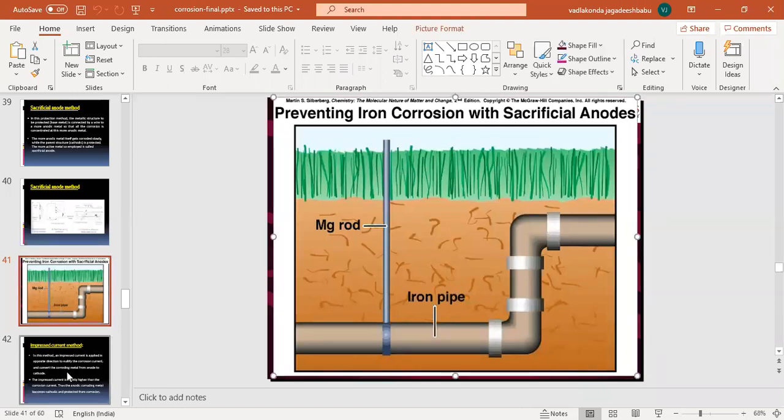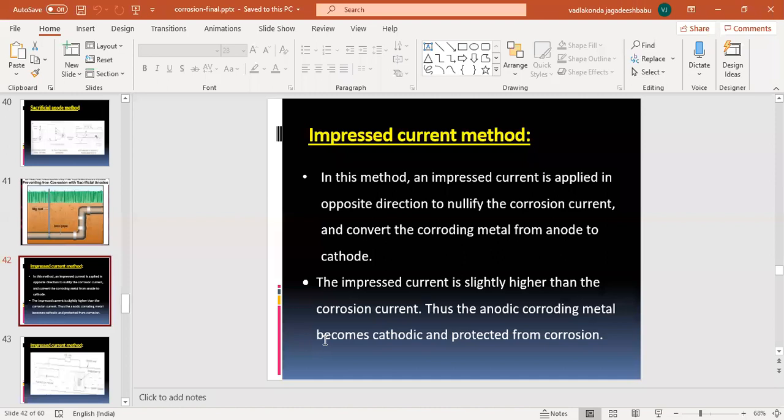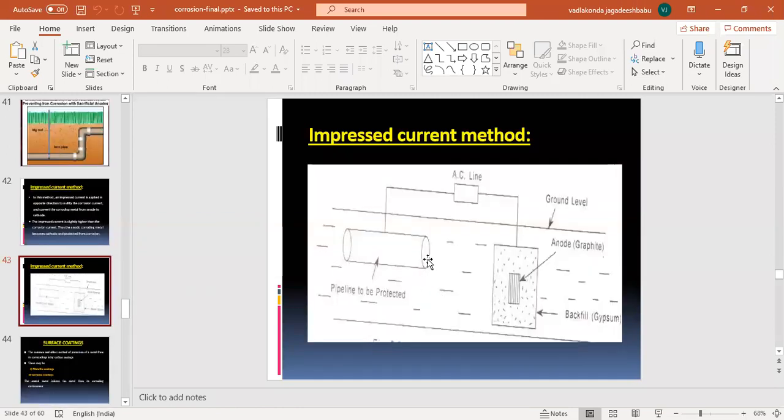Now coming to the impressed current cathodic method. In the impressed current cathodic method, for example, this is the pipeline, that is our base metal which we want to protect. To protect this, the metal will be connected to a battery. The negative terminal of the battery will be connected to the pipeline to be protected. When we connect it to the negative terminal, this pipeline will act as the cathodic part, and the positive